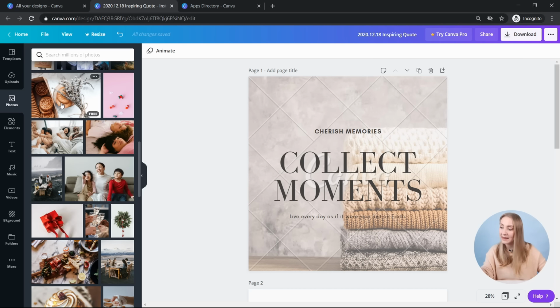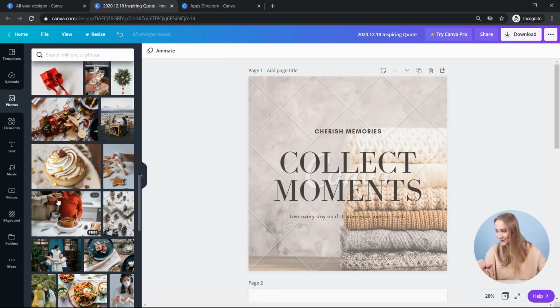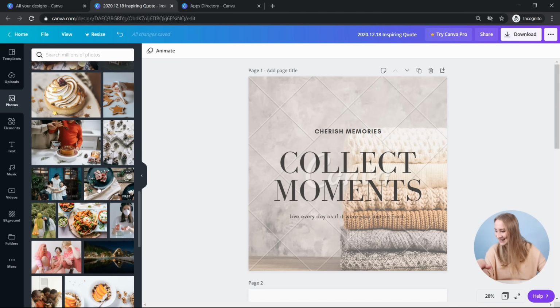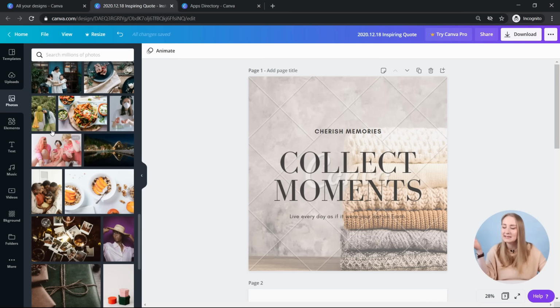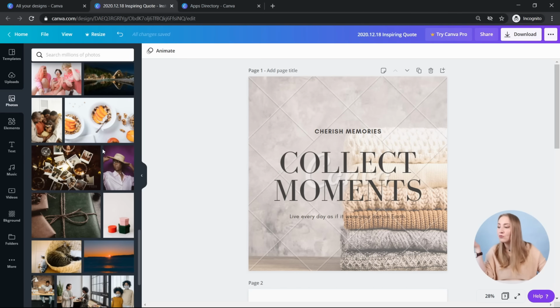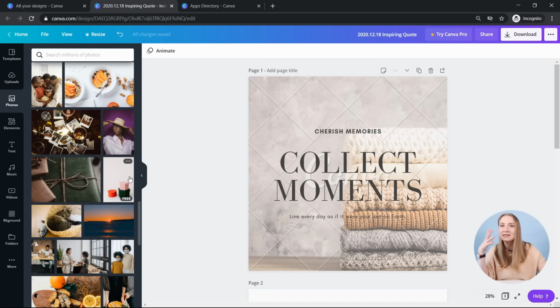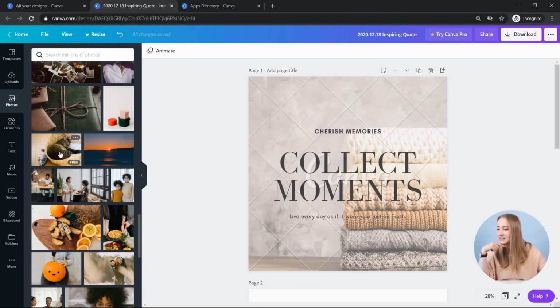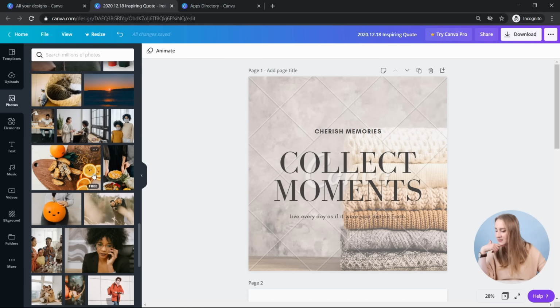If you scroll through the library and hover over different images, it shows you in the bottom right corner whether it's a free design or a Canva Pro design. As you can see, I've got tons of different free ones. I cannot actually find a Pro one at this moment. Gosh, there are so many. See, this is what I'm talking about. There are so many free images that you don't really need Pro unless you need all those different functionalities. But let's find something that is Pro.